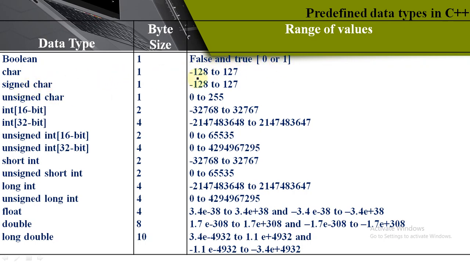Character: -128 to 127, signed character, because it will never go up to 128, since in the number line 0 comes in between, and zero should also be accounted. Unsigned character: 0 to 255. Integer: 16-bit integer, 32-bit integer, that is long integer, unsigned integer,